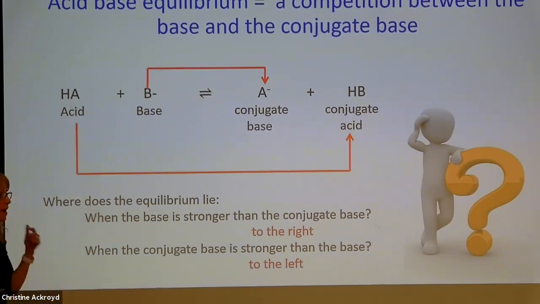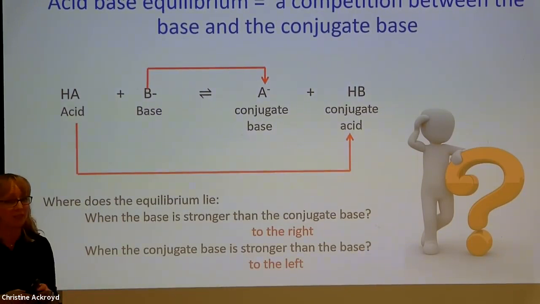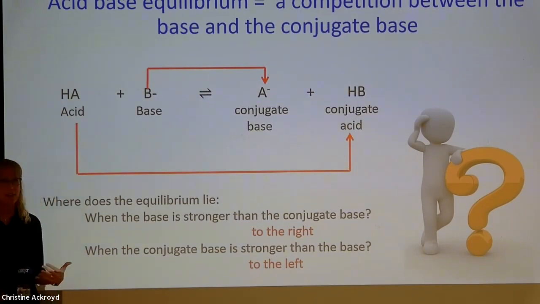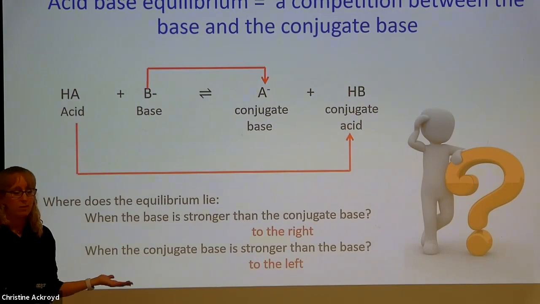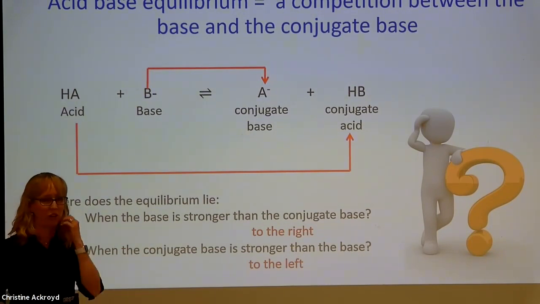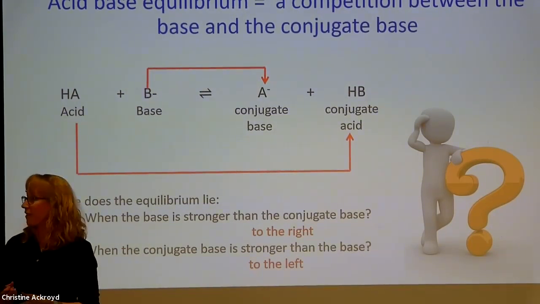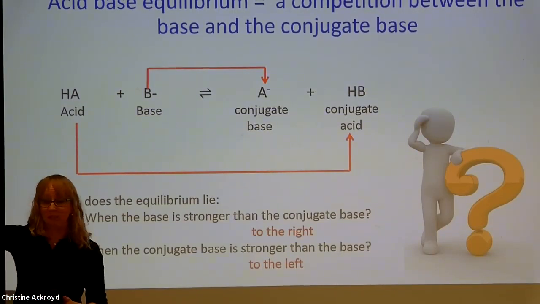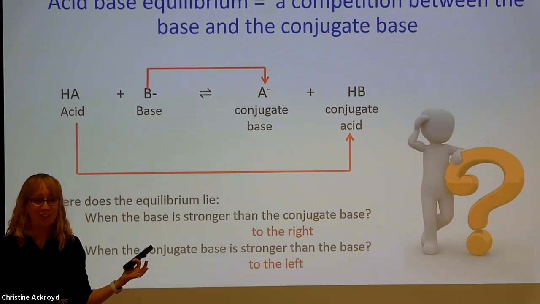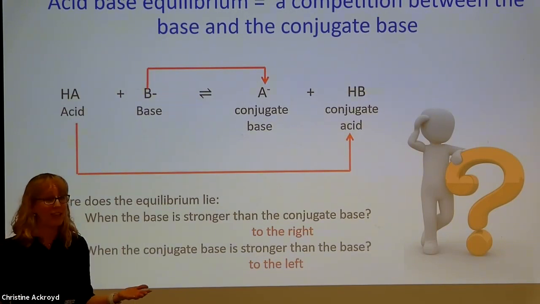Okay, so all you have to do when you have a reaction where water is not the acid or the base, you don't have an equilibrium constant. All you have to do is write out the reaction and then say, is the base stronger or is the conjugate base stronger? That will tell you. How do you decide if the base or the conjugate base is stronger? So we could analyze it by looking at stabilities, right? Is there an easier way? You can just look at the position on the Ka table or look at the Ka or the pKa.